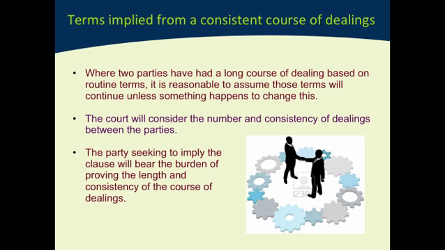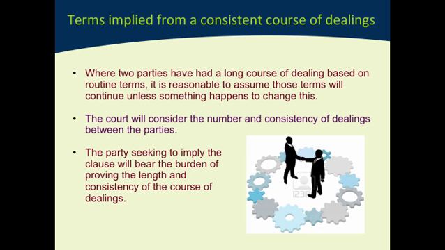Second, the court will consider the consistency of dealings between the parties. You see, you might have two parties who have a long ongoing commercial relationship. They've been involved with one another commercially for a long time. But there's been all sorts of different variations to the terms of their trade. If that's the case, then there isn't really a consistent course of dealings to show, is there? There's a long course of dealings, but it's a long course of inconsistent dealings. So it's not really going to meet the standard that we require in order to imply a condition into the